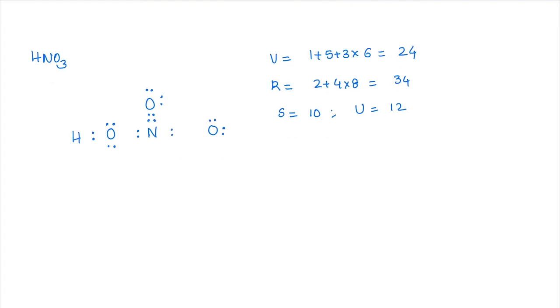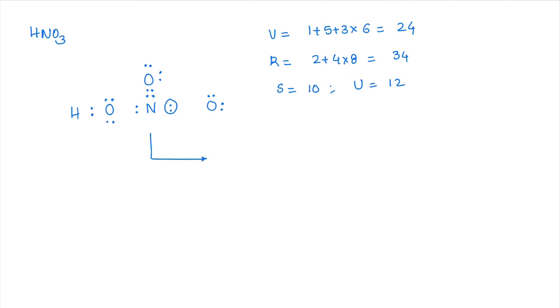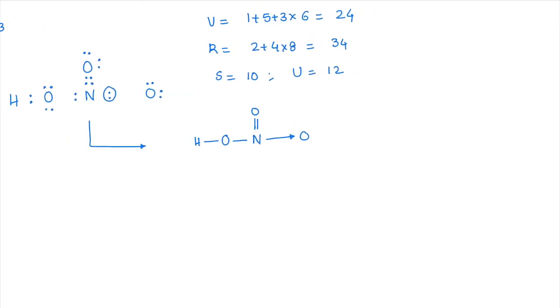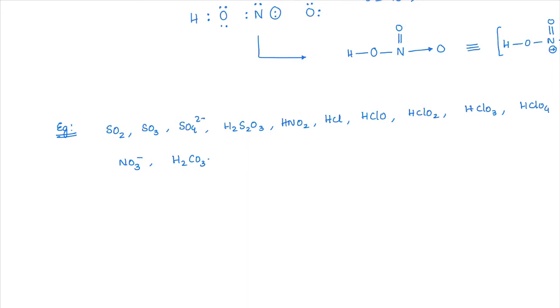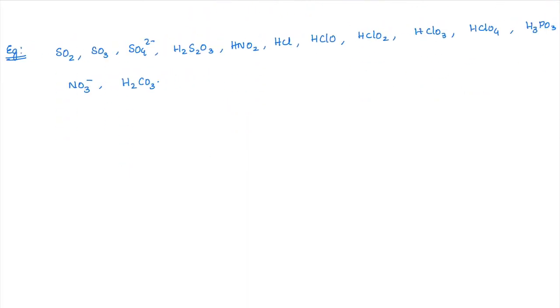Okay. Now you can see the problem here is that one of the oxygens is not completing its octet. That means this bond must be a dative bond. Then only can both the nitrogen and oxygen fulfil their octet. So if I write the structure here, it must be N double bond O and N single bond O H with one dative bond O. This is how it is. Right guys? So I can write it in a bond line form as H O N double bond O, single bond O with minus and plus charge. So remember this, HNO3 structure, this is how it looks like. Done? So please note all of these examples first.